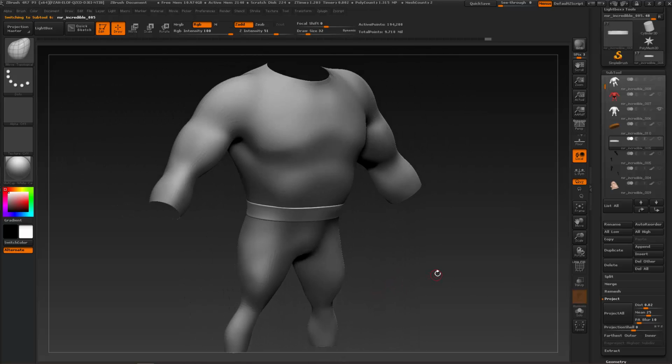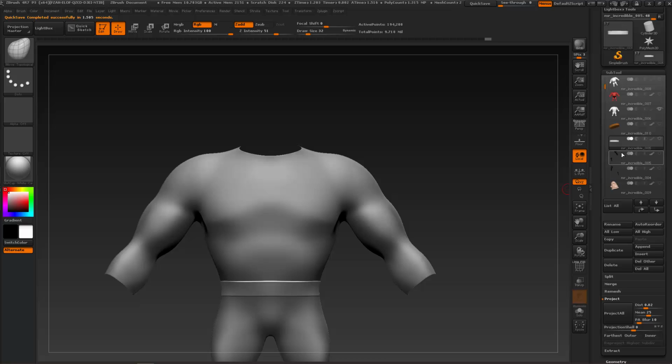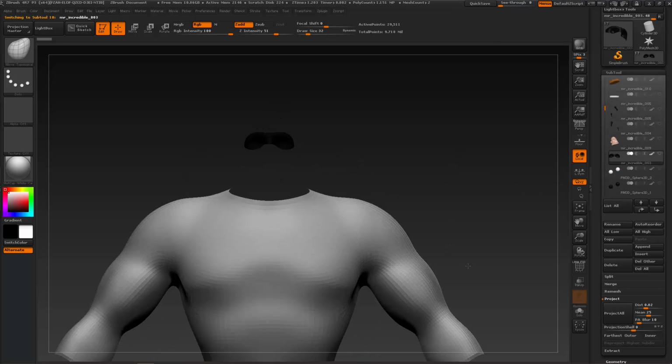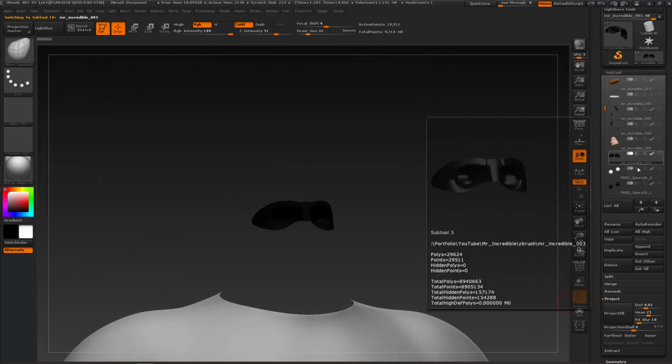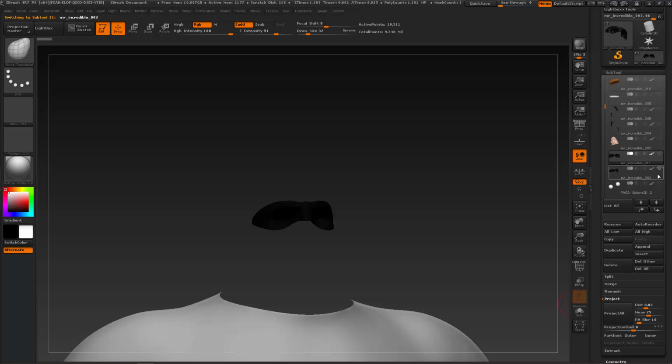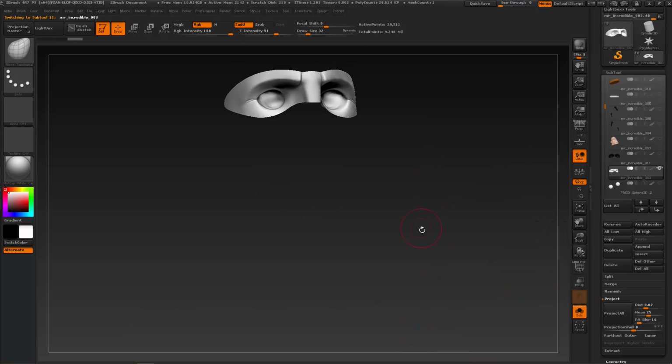And lastly, let me click on Quick Save. And the last thing we're going to do is the mask. So the mask is up here, and let me duplicate the mask, and I'm going to uncheck the